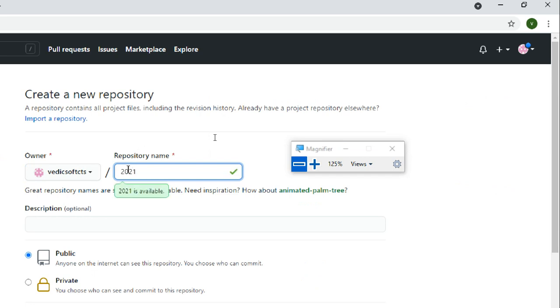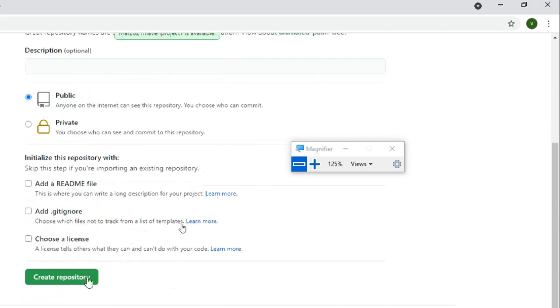I put the repository name as 2021 Marvin project 1, because I want to track 21, so I will put some name like B1, or 1B is better. Which one is better? So I'll put March 2021 Marvin project 1. This is a better one, so I will remember which batch and all kinds of stuff. So, create a repository.